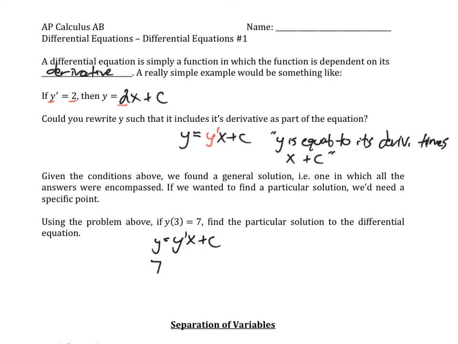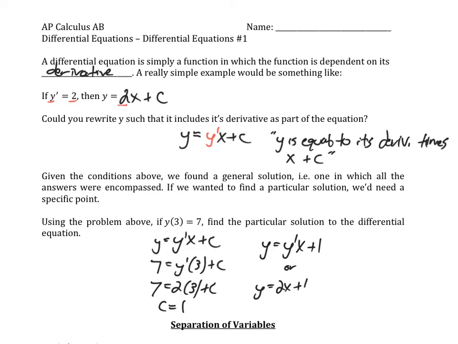So I can say 7 equals y prime times 3 plus c, and I also know that y prime is equal to 2, so I could rewrite it as y equals 2 times 3 plus c. You can easily see that c is equal to 1. So your solution would be y equals y prime x plus 1,